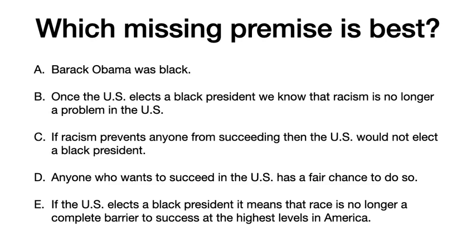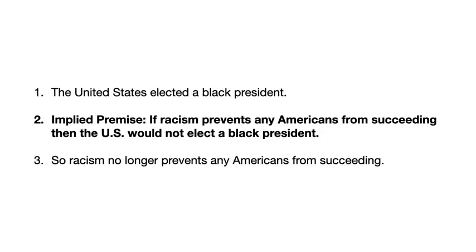D is even more controversial than C. Even someone who accepts C might have very good reasons to reject D. D is not a good way to fill this in because it is more controversial than C. That's one of the reasons we might not pick it. On the other hand, E is, I think, less controversial than C, but we wouldn't pick E because it's not strong enough to, when put with one, support our conclusion.